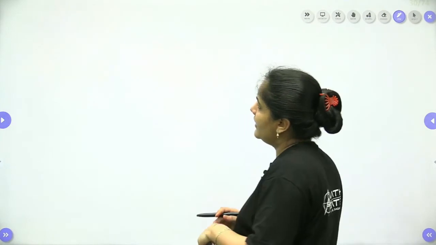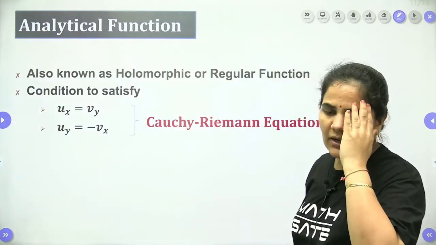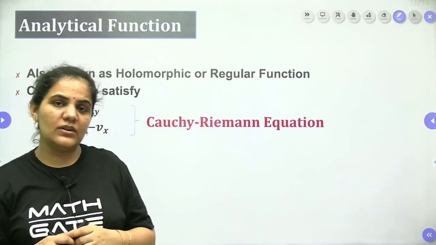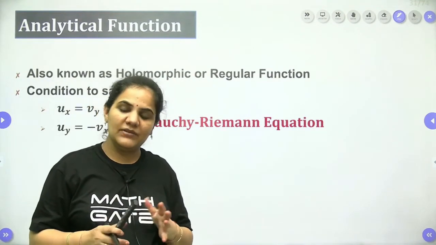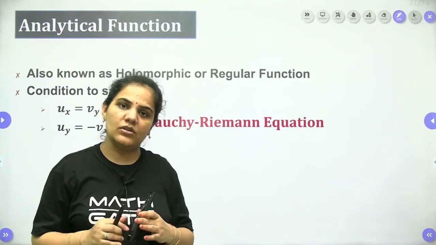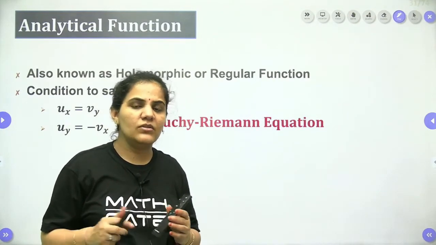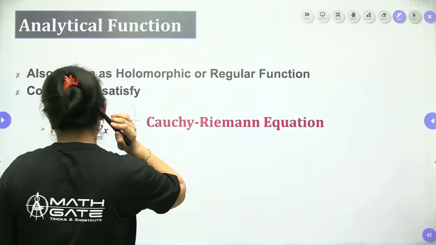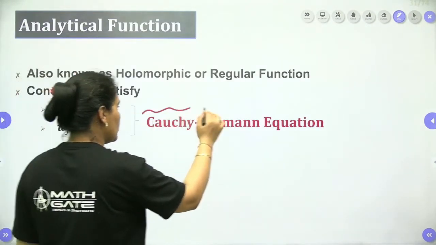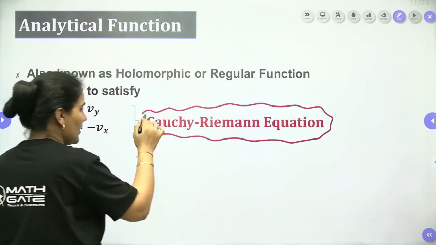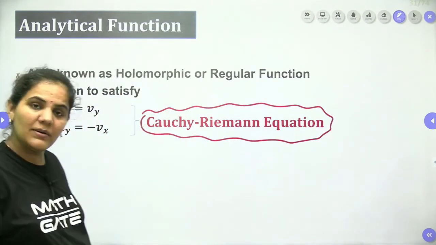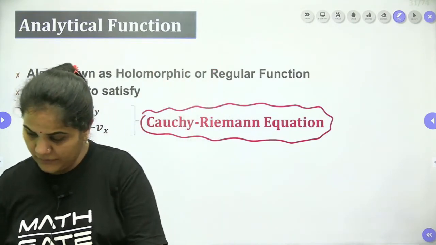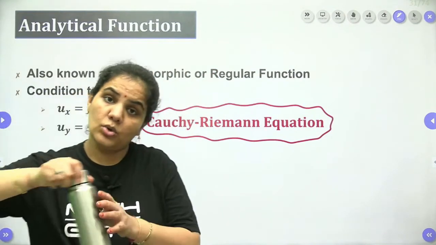So next thing, which we are going to start with, is the analytical function, which is a very important thing, dear students. And after that we will have discussion on mixed questions also. I will show you some questions which you can approach directly, right? So now let's talk about the analytical function. For the analytical function you should know the Cauchy-Riemann equation, because without the Cauchy-Riemann equation you are not supposed to learn the analytical function.